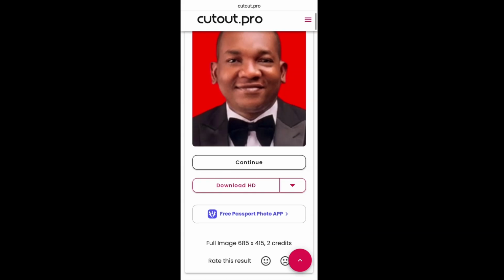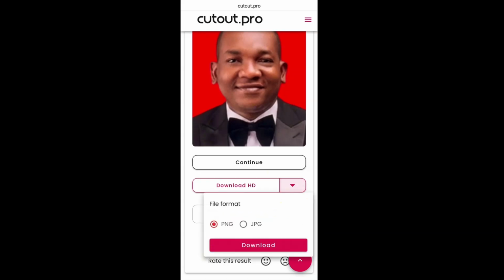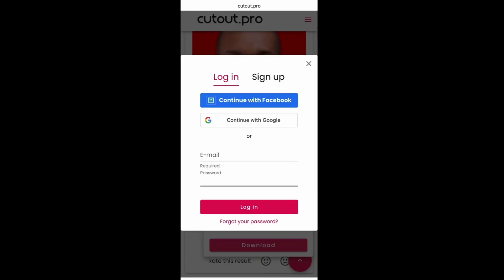Okay, as HD is selected, then tap on that drop down there. Then tap on download. Alright, here PNG format is used. If you want a different format, maybe JPG, tap on JPG before you tap on download. Then here it says I should enter my email address. I will tap on continue with Google, follow the on-screen guide from your end, and after that you'll be allowed